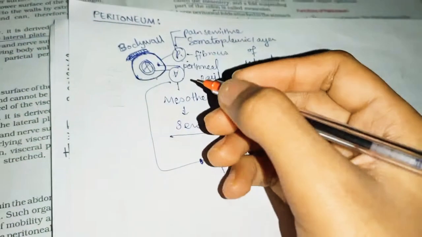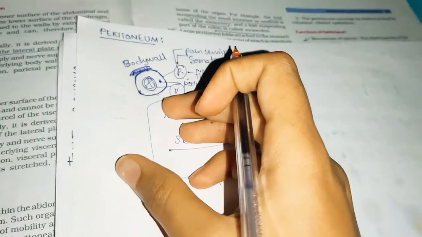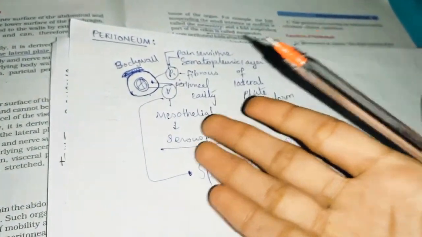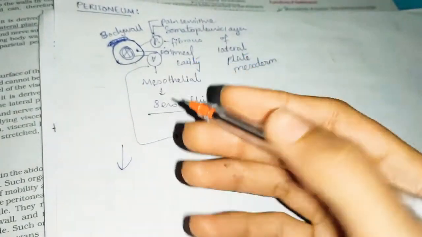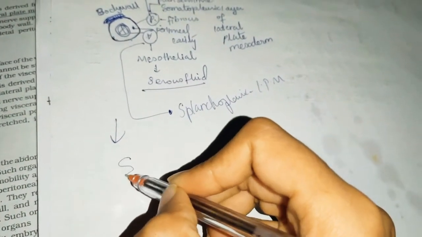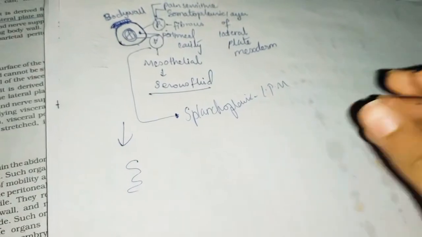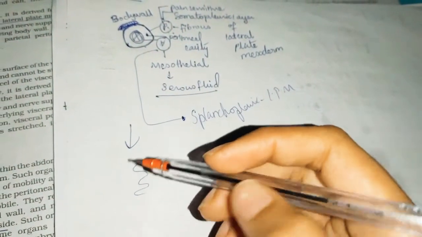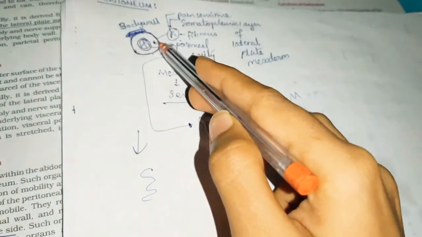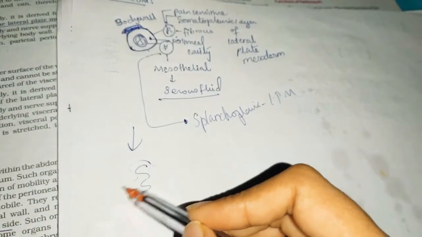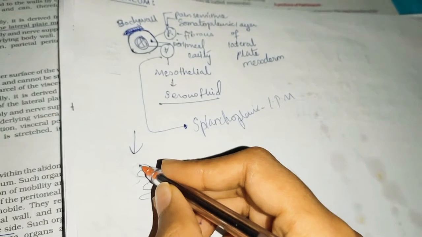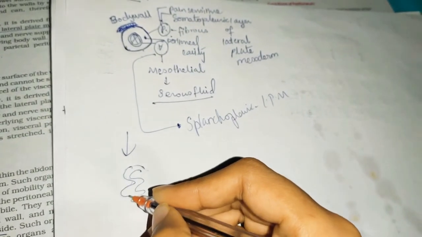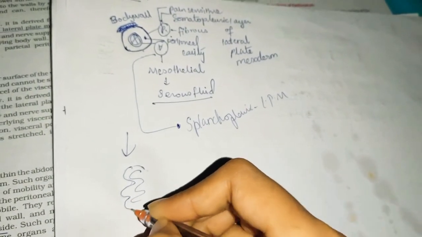This is a simple form of peritoneum which is present in the early age of a child. But when we turn into adults, our GI structures twist and turn to form the cecum, appendix, colon, and so many parts. So even the peritoneum present around it should turn and adjust to it. In the process of this adjusting and turning, it forms many folds according to the organ. These are called folds of peritoneum.